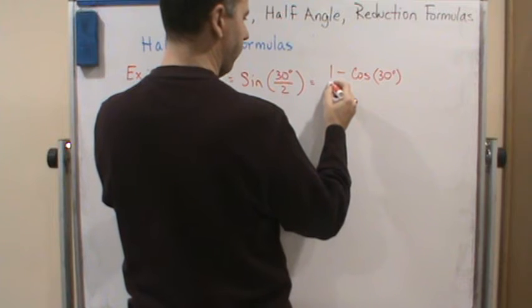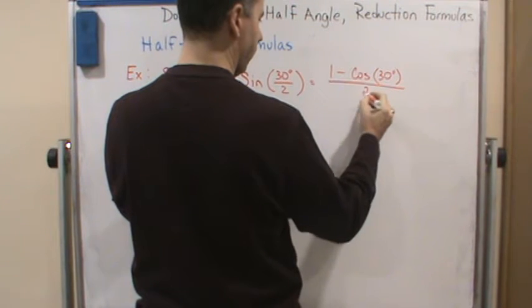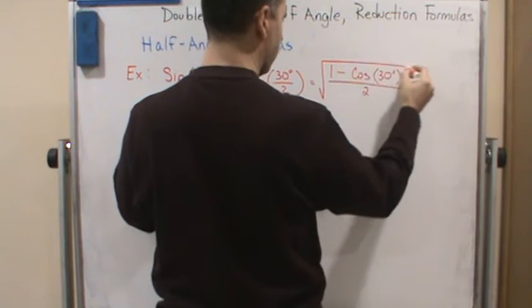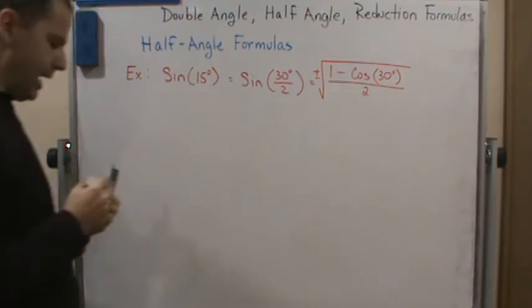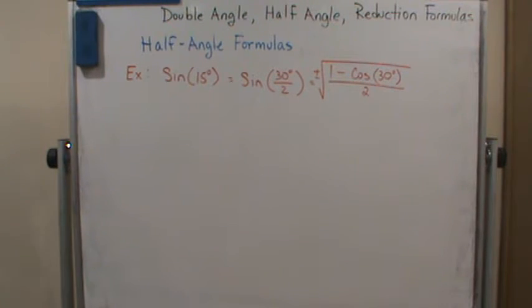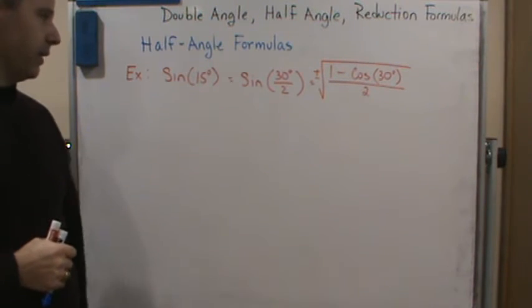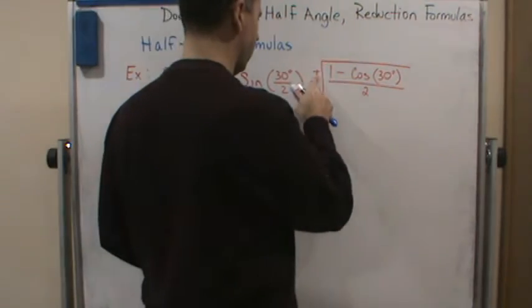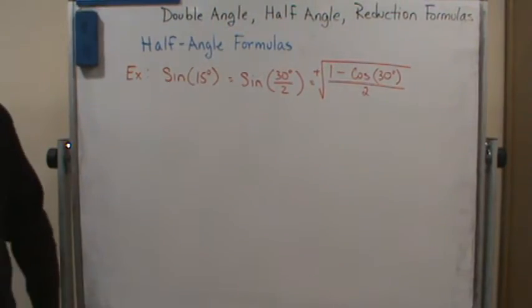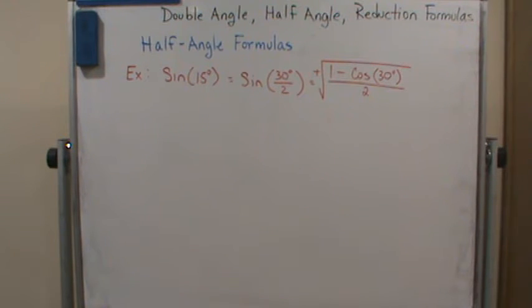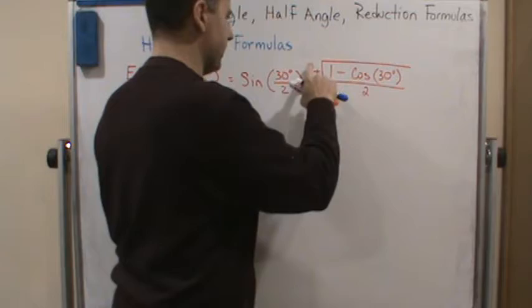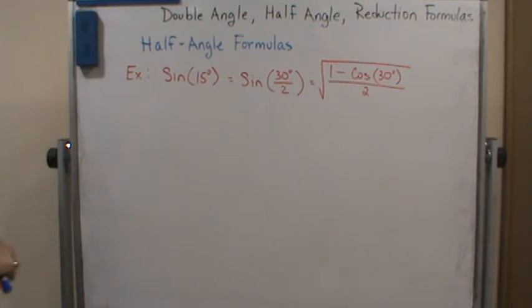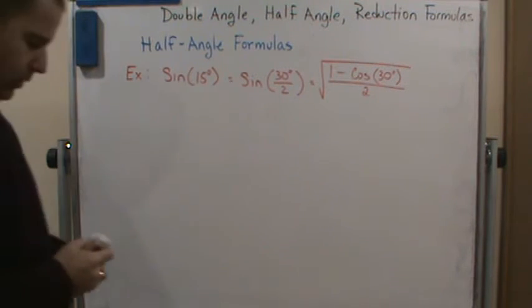over 2, and it's going to be the square root with plus or minus. Now, 15 degrees is in the first quadrant. Sine is positive in the first quadrant, which means we don't need the negative sign. In fact, we don't even need the plus sign because it's assumed to be positive if there is no sign. So that would be our final answer, except